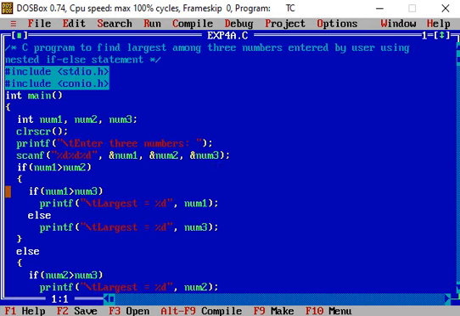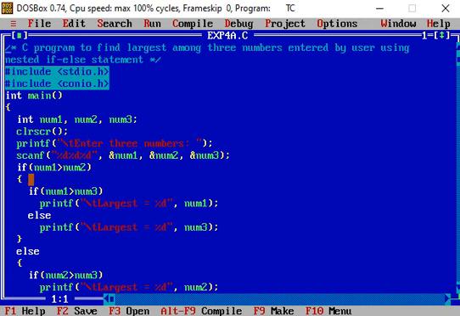Then there is a condition, see that if else. This is the construct of the if else statement, and here we say that in if block that is marked with the open and close brace, another if else statement is there. So whenever we include if else statement either in the if part of the if else statement or else part of the if else statement, this is called nested if else statement.